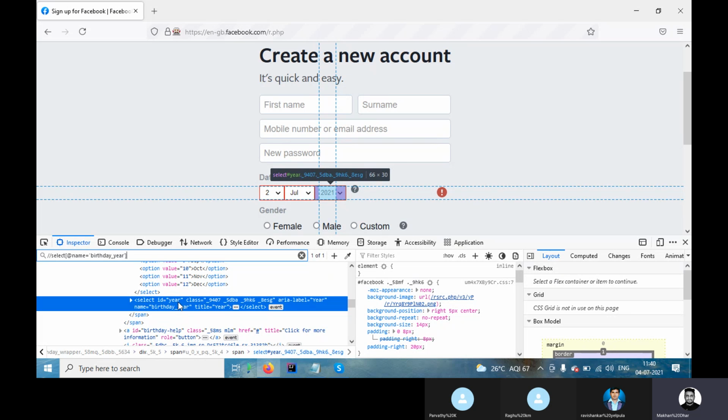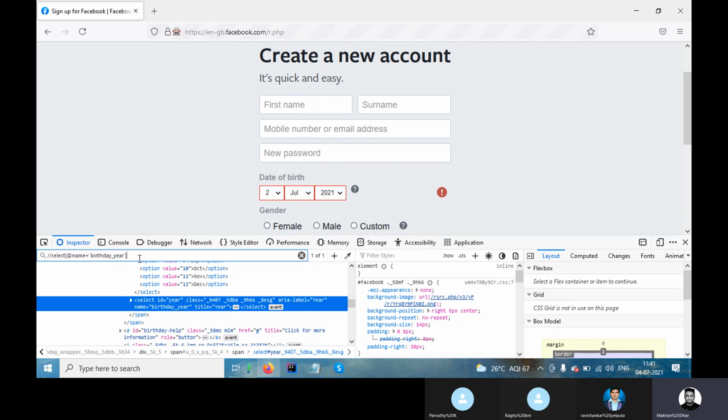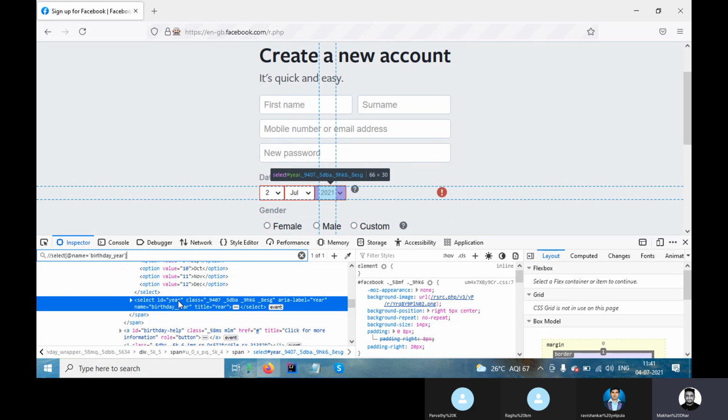If some text value is there, then go. Suppose under class 9407 is mentioned. If you see this kind of value in the ID, don't use that XPath, because the ID can change. So always consider a text value, which will not change.